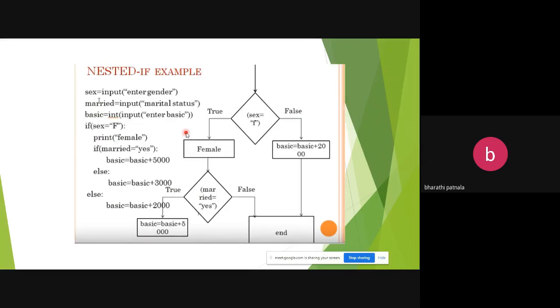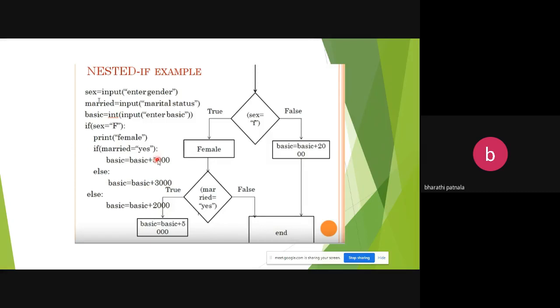Okay, so here is an example for nested if. You are reading the gender of a particular person, the marital status of that person, and the basic value of that person. The aim is: if the gender of the person is female and her marital status is yes, you give a bonus of 5,000.